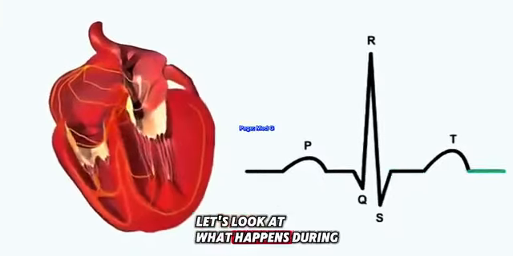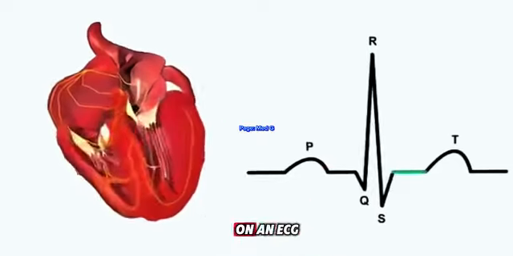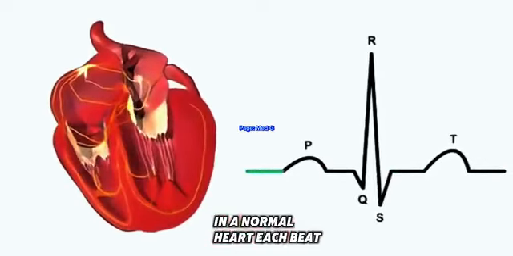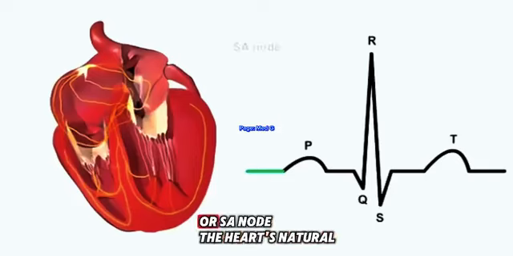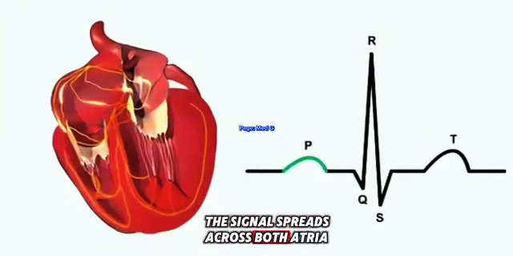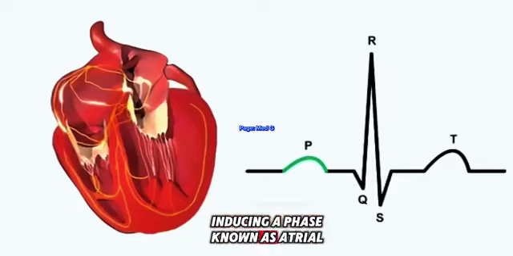Let's look at what happens during a single beat of the heart and how these events are depicted on an ECG. In a normal heart, each beat begins in the right atrium with an action potential signal from the sinoatrial or SA node, the heart's natural pacemaker. The signal spreads across both atria, causing the muscle cells to depolarize and contract, inducing a phase known as atrial